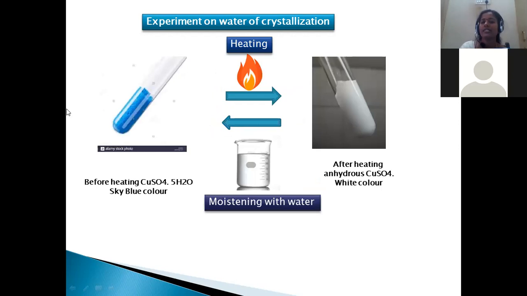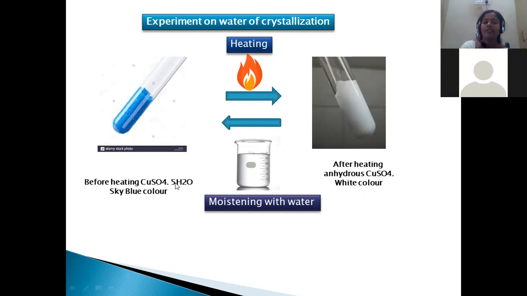After heating, obviously a loss of weight can be observed, because initially the copper sulfate exists in blue color, that is, copper sulfate 5H2O. Upon heating, it is converted into anhydrous copper sulfate, which means 5 water molecules are discarded. Whenever 5 water molecules are discarded, the weight of the initial substance is lost because water escapes from the system. Hence, we say it is anhydrous. Anhydrous means the absence of water, right?